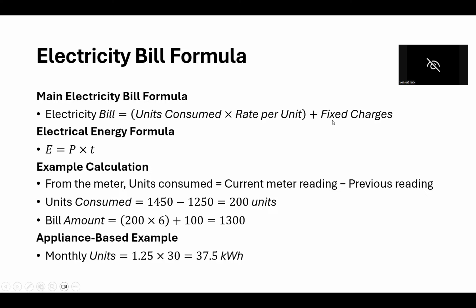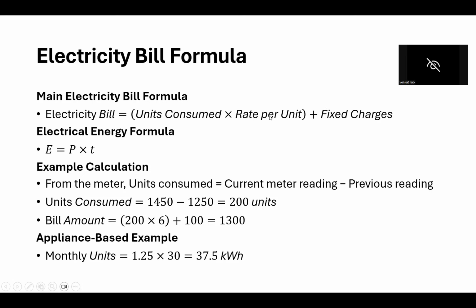But what about this fixed charge? A fixed charge is by default allocated for each household based on the consumer demand or based on the power that is supplied to the house. Suppose if the house is supplied with 2 kilowatt power, there will be a fixed charge of 50 rupees, etc. If the house is supplied with 3 kilowatt of power, there is a different fixed charge. So the government or the electrical department will decide how much fixed charge there is,